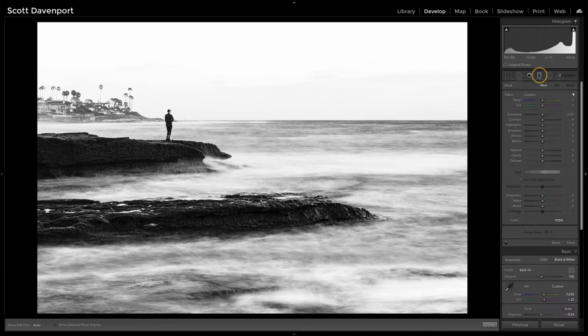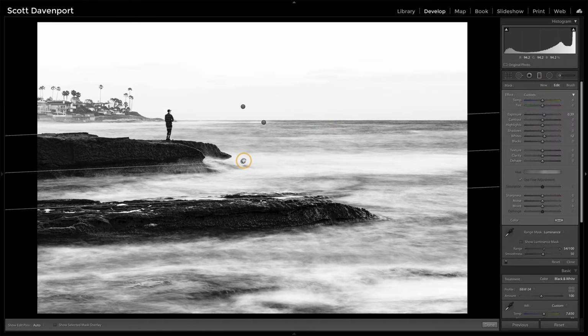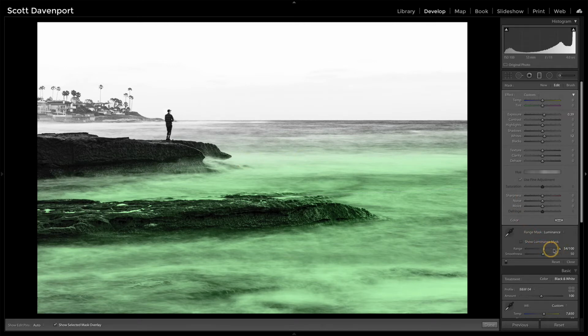I believe I have some local adjustments in here. If I hover on this one for a minute, it's a little challenging to see everything that's going on here, so let me turn on the mask. The luminance range is in the upper end, so a lot of the deep shadows in the rock are not being affected by the mask, but a lot of the water is. So, pushing up the whites, pushing up the exposure a little bit, trying to further accentuate that contrast.